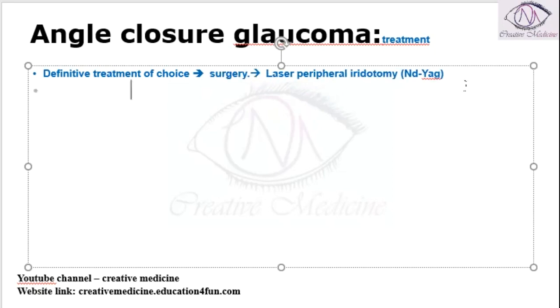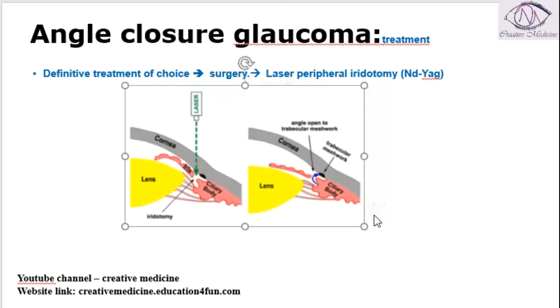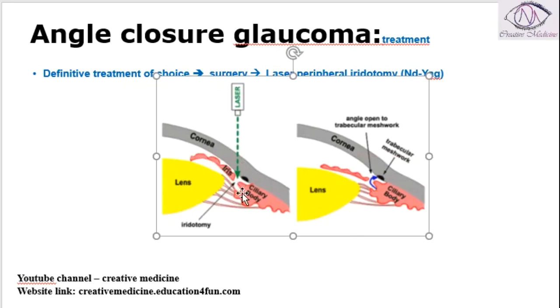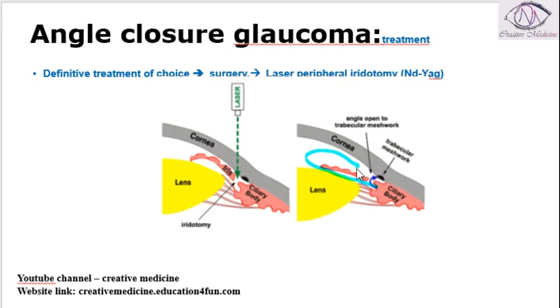angle closure glaucoma. This laser iridotomy is done using an Nd:YAG laser. So here this is a laser. With the help of this laser, we will not remove the iris, we will dissect it. We will make a hole in the iris so that the aqueous humor can drain directly from the posterior chamber into the anterior chamber and the trabecular meshwork easily. Normally, if there is no iridotomy, it should pass like this, but here the angle is closed, so it is difficult. As a result,